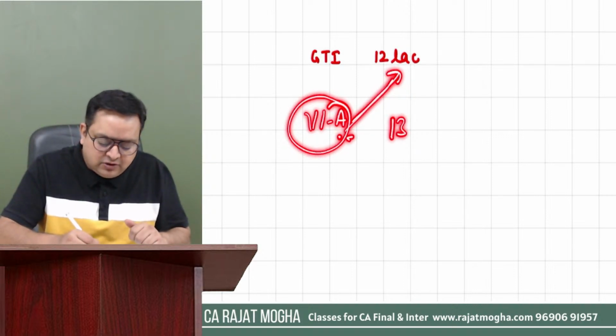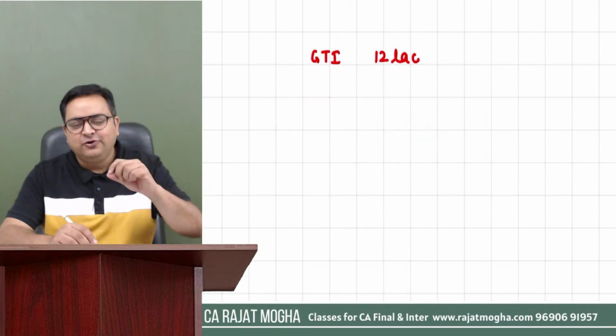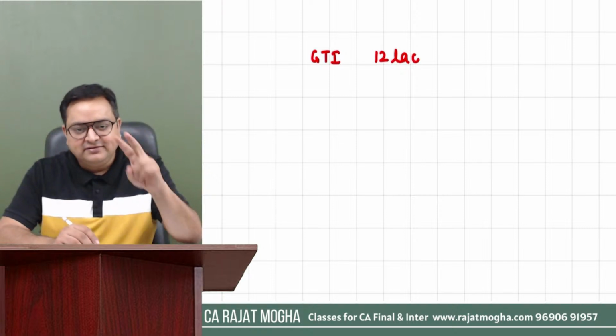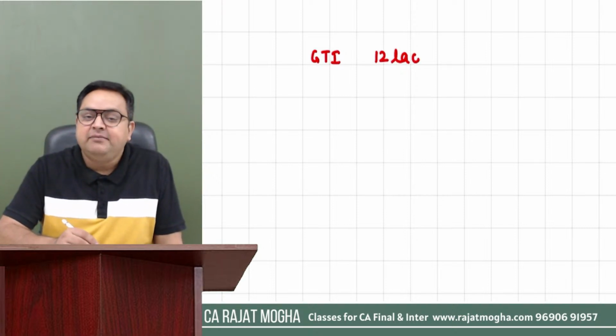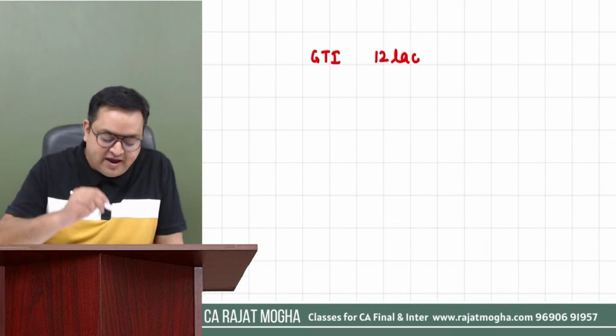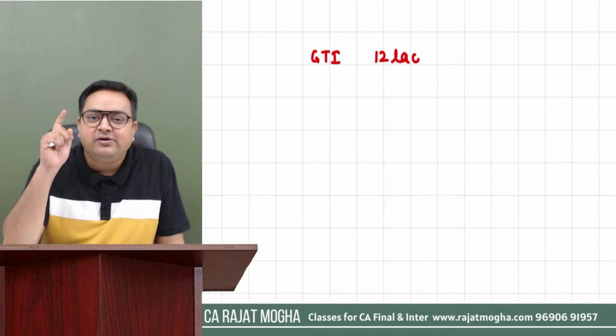Let's say if the total of all these sections is coming to 13 lakh, no, we cannot go over and above GTI. First thing first, you cannot go over and above GTI. Second thing is that you cannot even claim deductions from your special income. So what we have to see is, whenever you are giving deductions of 80C to 80U, I would recommend